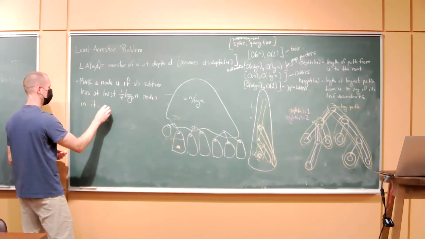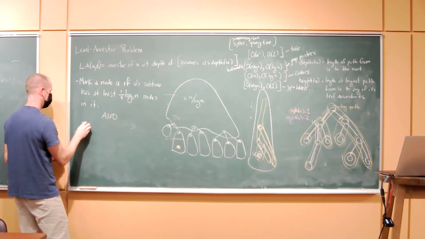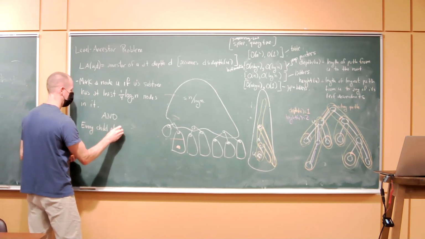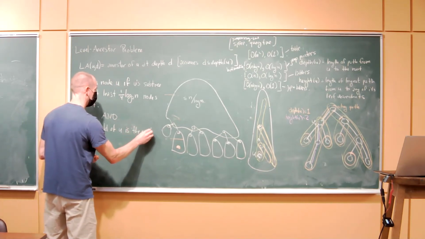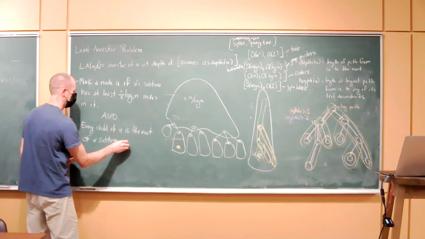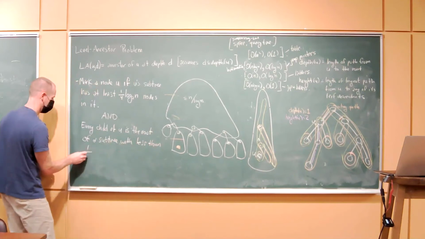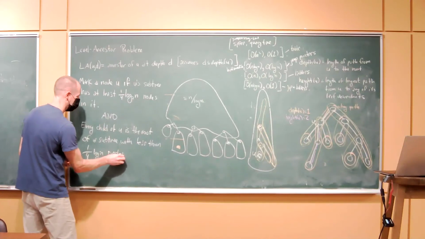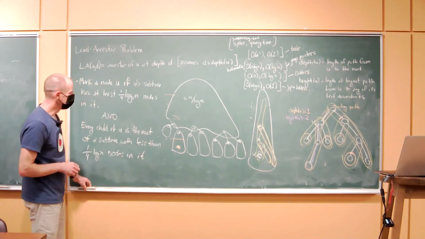Okay, so two conditions. Every child of U is the root of a subtree with less than 1/4 log n nodes in it. Okay. So what does that look like? Well,